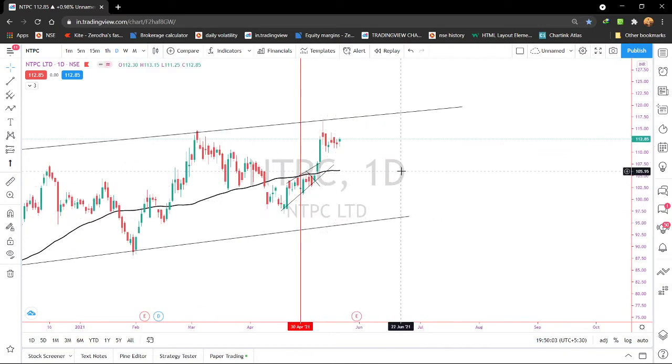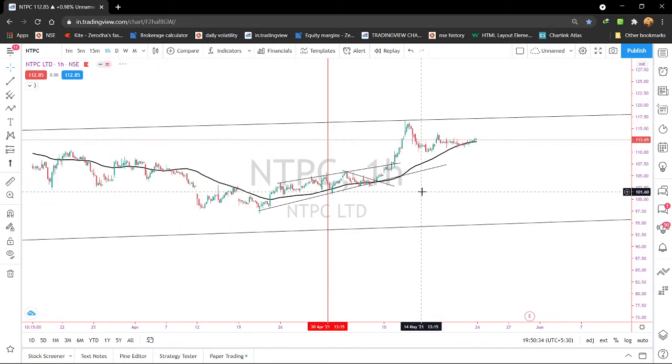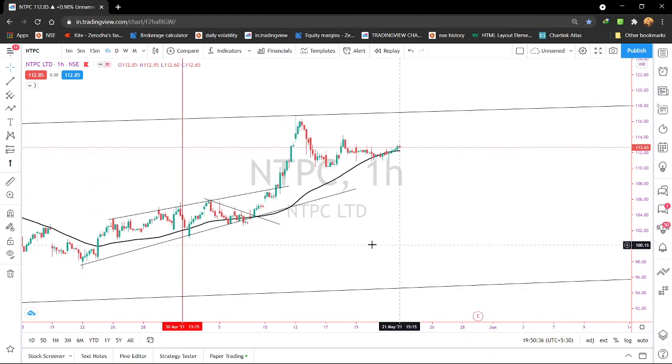Another step was, so I will tell you everything stepwise. Step 1, find the stock with a narrow CPR. Step 2, find whether the stock is in an uptrend or downtrend. If it is an uptrend, we have to look for the long opportunity, and if it is in downtrend, we have to look for the short opportunity. So go to the 1 hour time frame on your 50 moving average. If the stock has crossed the 50 moving average, or it is taking support at the 50 moving average, just enter in a long position. If you are a short-term trader for a week, month, or 2 months, then go to the 1 hour time frame. Here you will have a small profit, but you will not have to wait for a longer time.